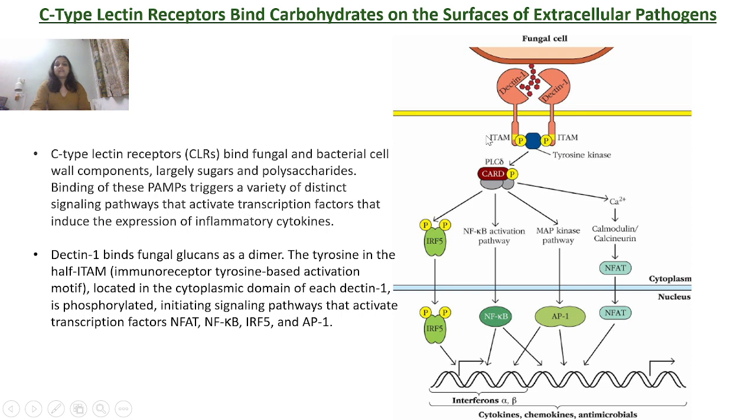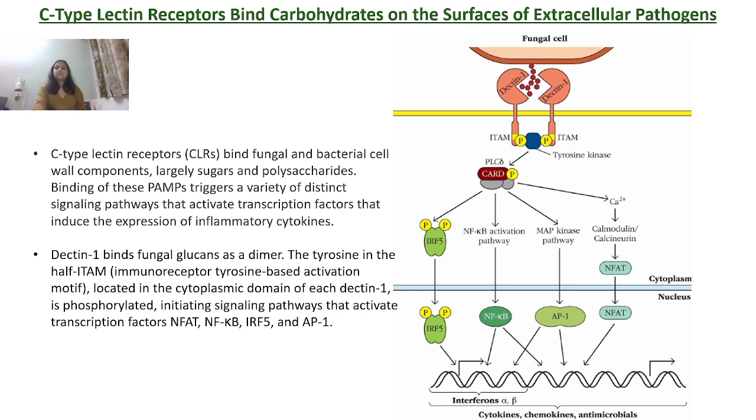There are tyrosines present in this domain, the immunoreceptor tyrosine-based activation motif, the full form of ITAM, and this tyrosine gets phosphorylated by a tyrosine kinase whenever there is activation of these receptors by any fungal component,